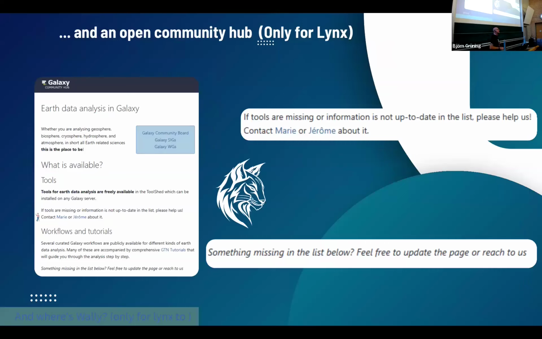And we also opened a community hub. We have the domain, we have the training, the tools, and we have the community. So you can contact Marie or me if you have any question about using Galaxy for Earth system.